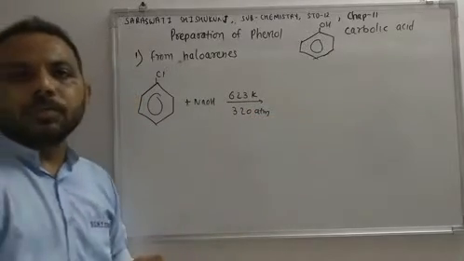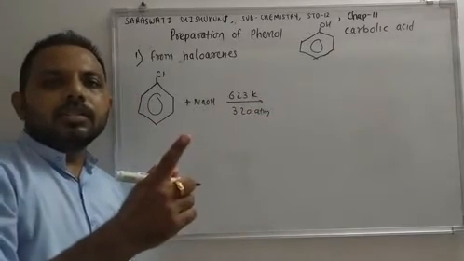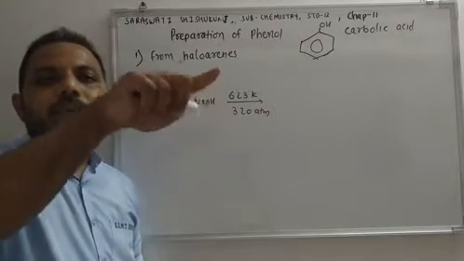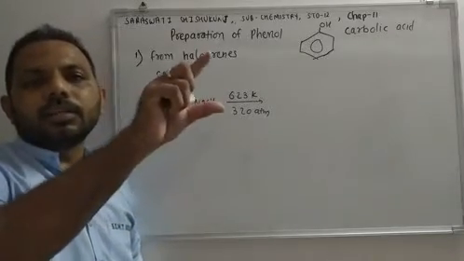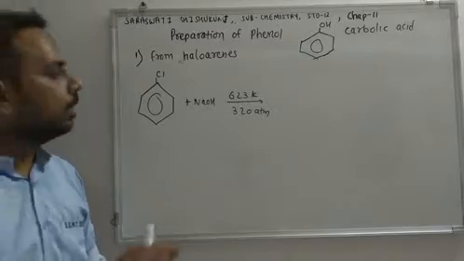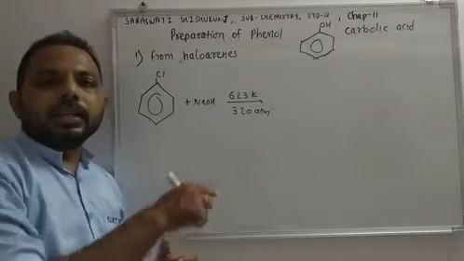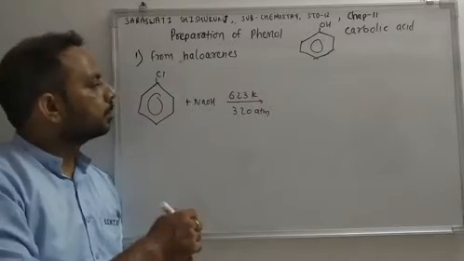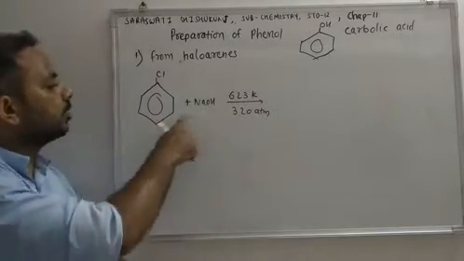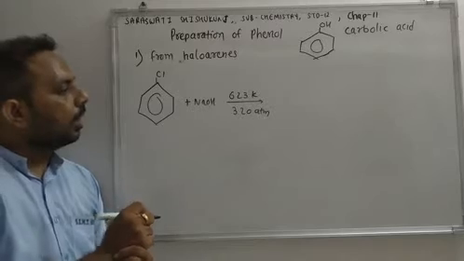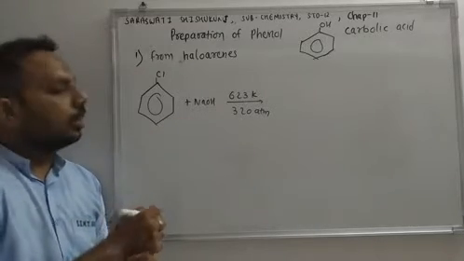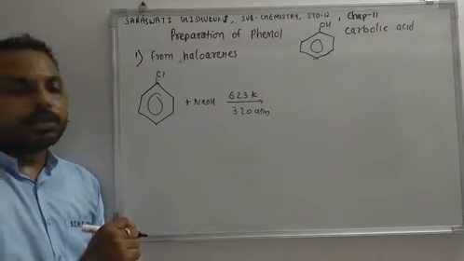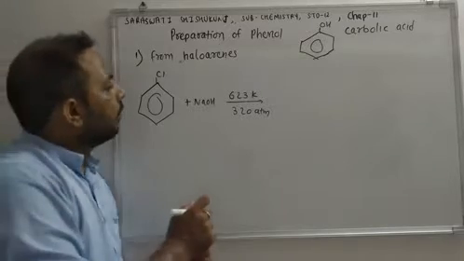Now in your textbook there is a correction. In the written part in your textbook, in theory they have written 320 atmospheric pressure, and in the equation they have written 300 atmospheric pressure. So please correct this. Okay. So chlorobenzene reacts with NaOH. Temperature is 623 Kelvin. Pressure is 320 atmospheric pressure. It will form